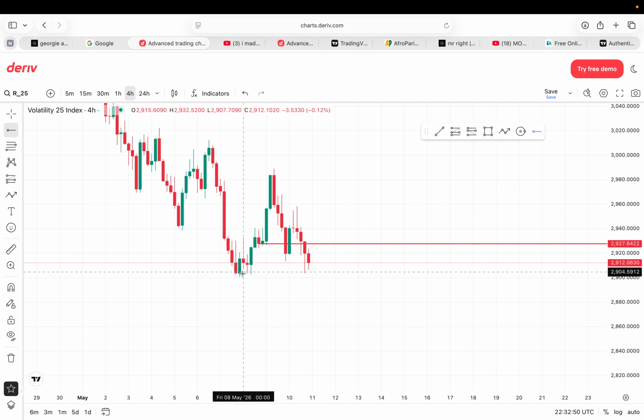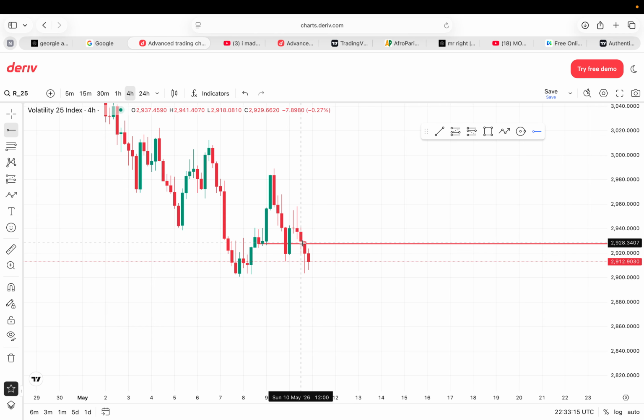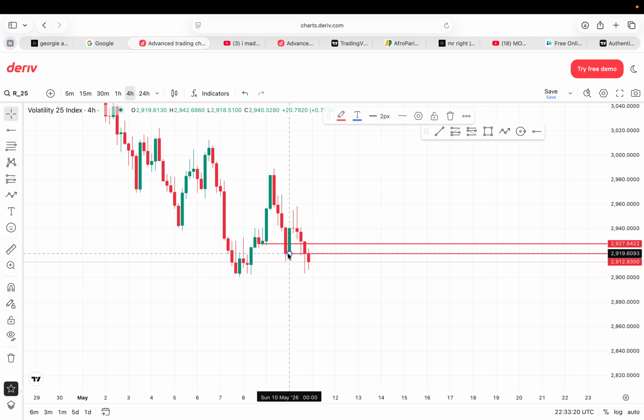I wanted to hold, but because of the experience I had from yesterday's trade, I decided to just stick to a swing when I'm comfortable that okay, I know the market will get to this place. If I can rate it out of 100%, I can say 95, 90%. Instead of me holding and thinking it may or may not, I got off around here, made about $100 and something from this trade.